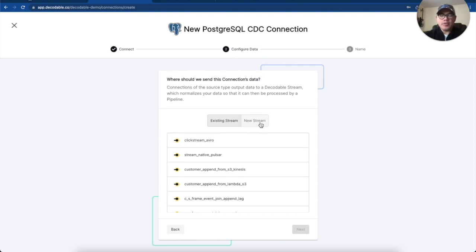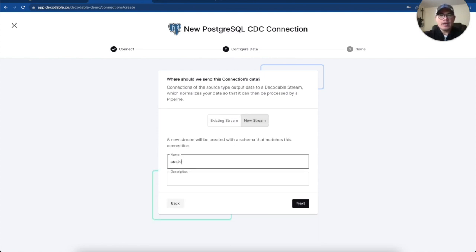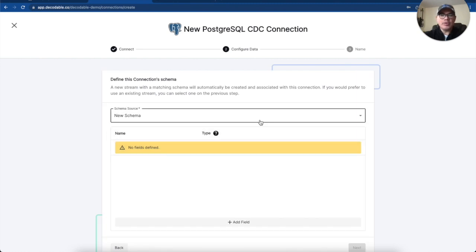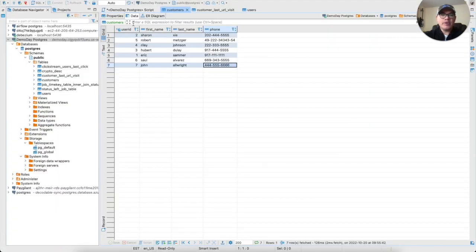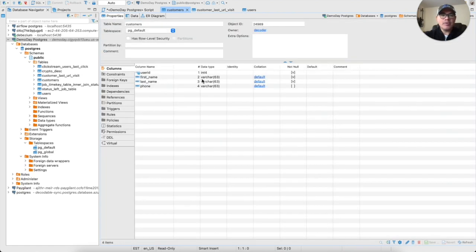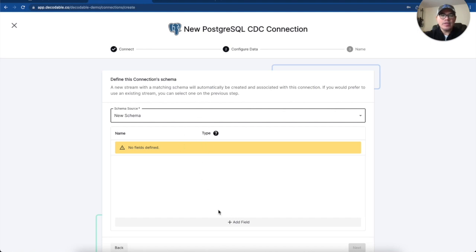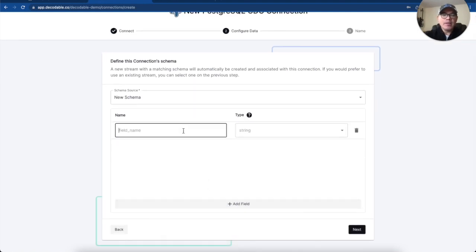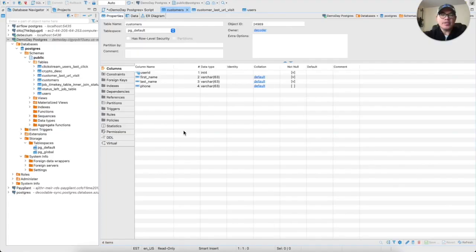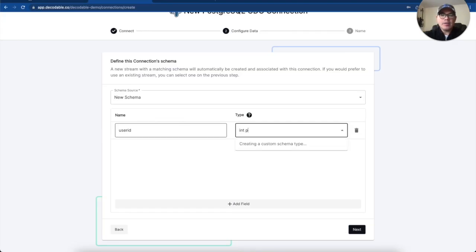And excuse me, we're going to create a stream here. We're going to create, I guess, like a new schema. If you go back to our DBeaver and look at the properties of this table, we can just copy this over using, well, I guess, hand typing it. This is an integer. So by specifying that this is a primary key,